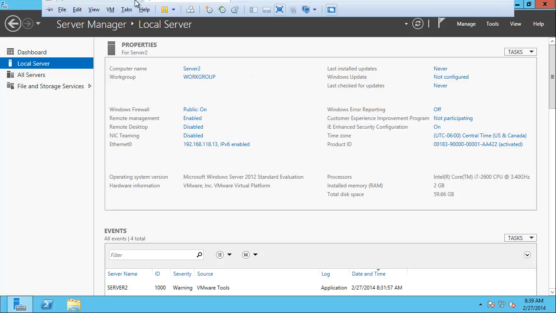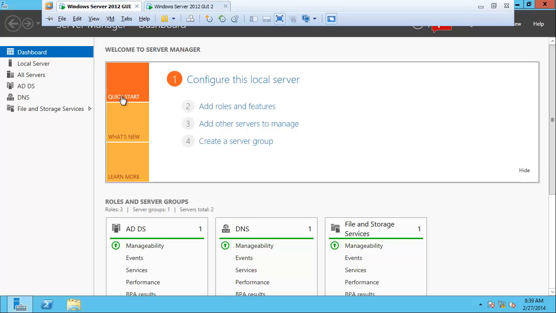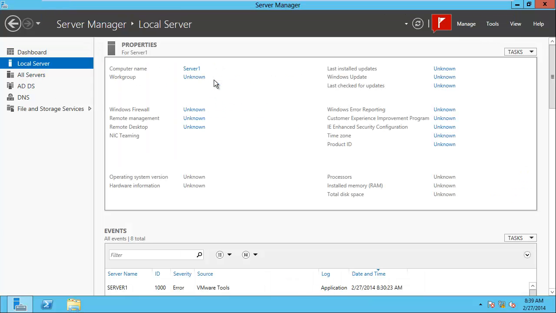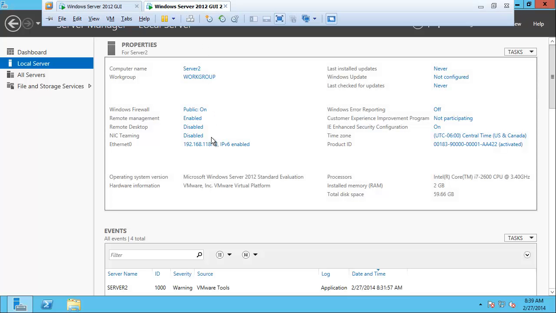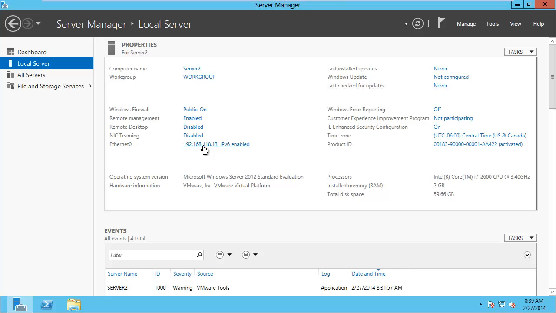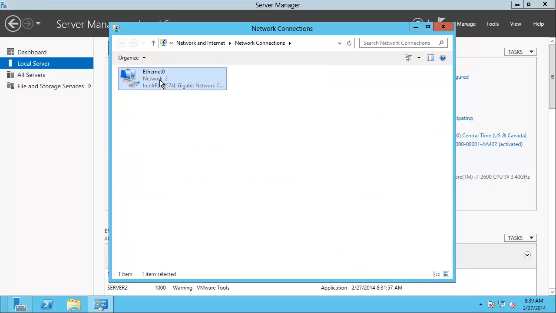If I look over on Server 1, if I look at Configure this local server, the name of the server is Server 1, the domain is Gropa, and as soon as I installed Active Directory, it really wants to install DNS, and it did install DNS for us. That allows Gropa to be resolved somewhere as opposed to having to work with IP addresses all the time. So what I need to do is, underneath my Ethernet settings, for any additional devices, I need to change the DNS configuration